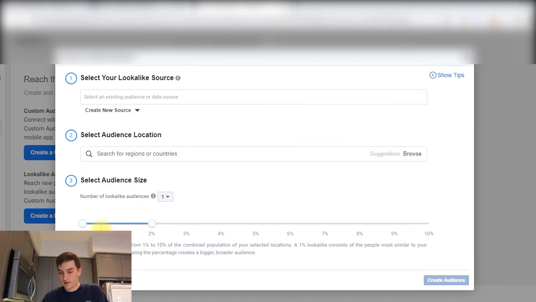Now, if we did this, it would be the next 250,000 people that closely resemble. So not the first percent, but that next 250,000 people, and so forth. And if we did this, it would be the top 500,000 people who most closely resemble your custom audience. So the closer you are to 0, the more closely that lookalike audience is going to resemble this custom audience, which means that you're probably going to see a higher conversion rate and ultimately a lower cost